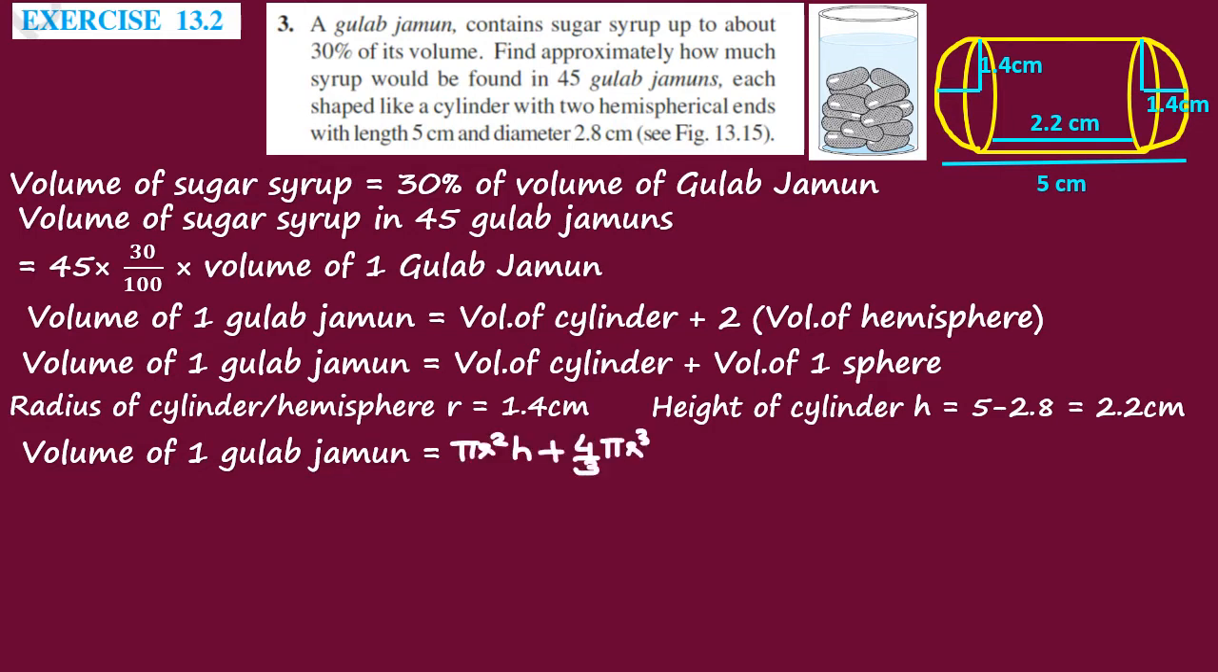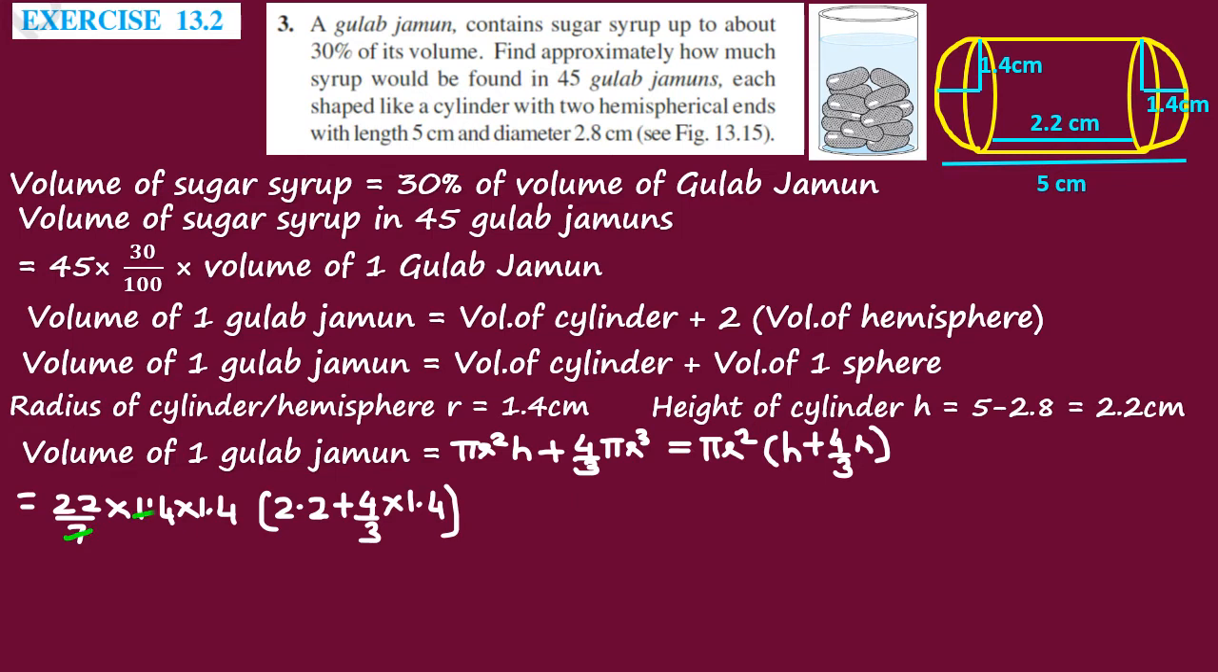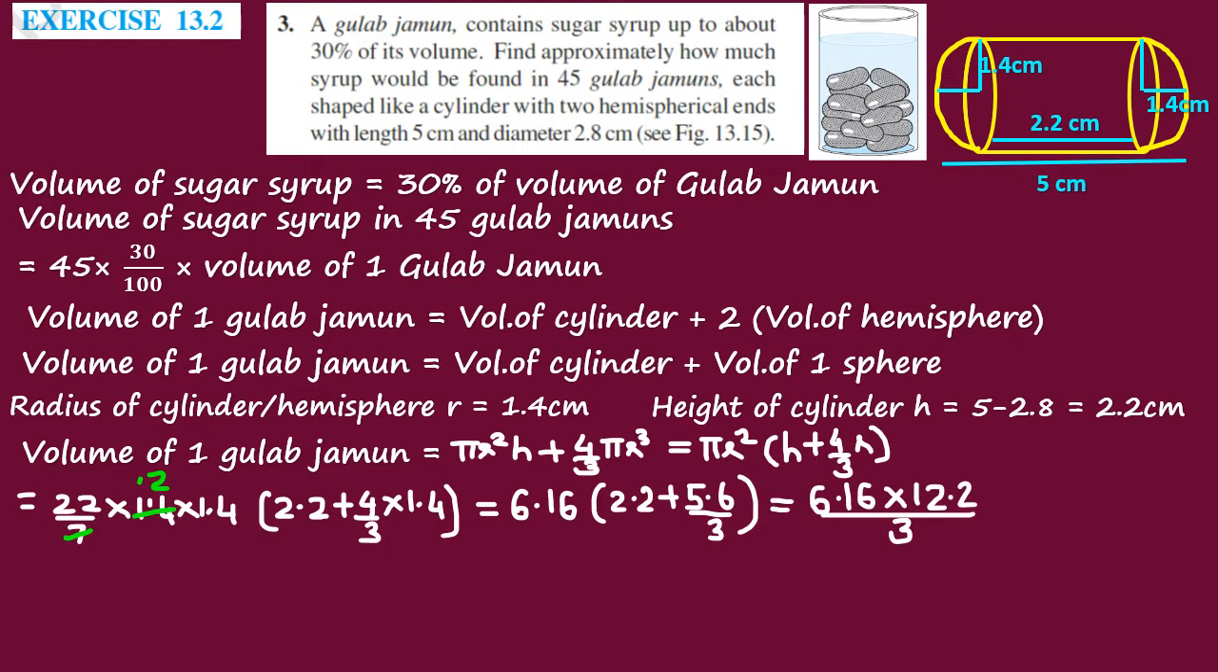So it is pi r square h plus 4 by 3 pi r cube. So pi r square is common. So pi r square into h plus 4 by 3 r. Now let us substitute the values, and on simplification we will get this. Then again on simplification,